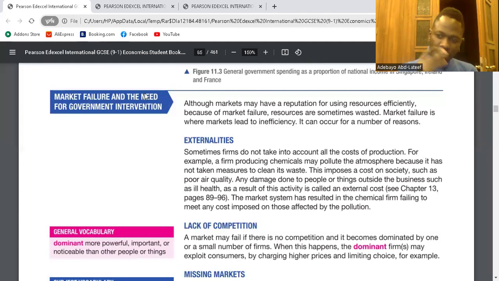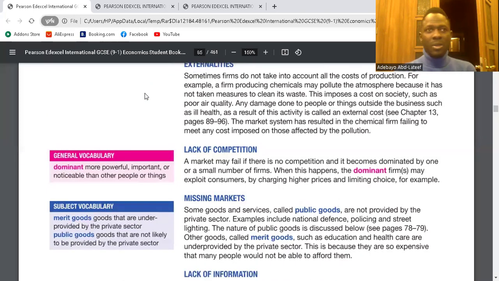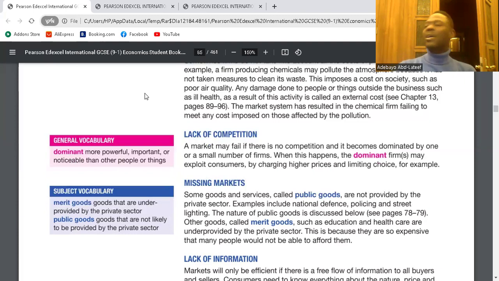Number one, externalities. When we talk about externalities, we're talking about external cost. And what is the external cost? The cost of an action or inaction of a firm, of government, of an individual to the third party. That is clear. So in as much as it becomes a burden to the third party, it's an external cost and it is a market failure. Clear. Example of that is pollution. Either noise or sound, noise or water or air. It's a market failure. The second one is lack of competition.